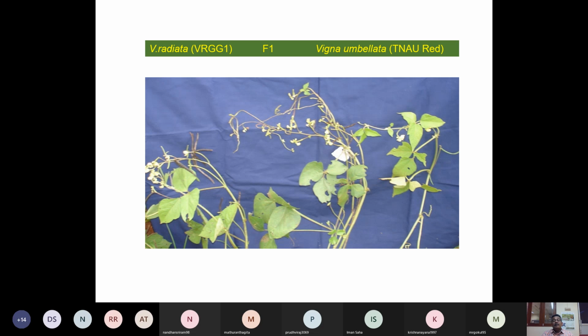Because when you look at the phenotype, one parent is a terminal flowering, determinate type, and the other is a continuously flowering, indeterminate umbellata type. When you make your crosses, the F1 has some kind of determinate nature with a tendril nature. The plant has some tendrilness in the leaf, so it is a very contrasting type with both umbellata and radiata, since it involves one of the other species. So there is a possibility of getting more contrasting types, and you also have to look at the F1s.